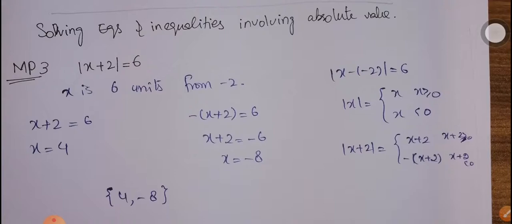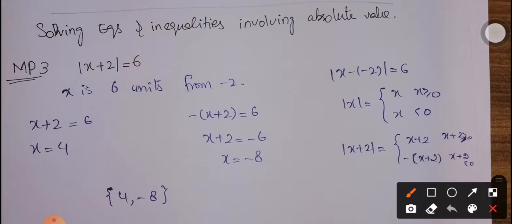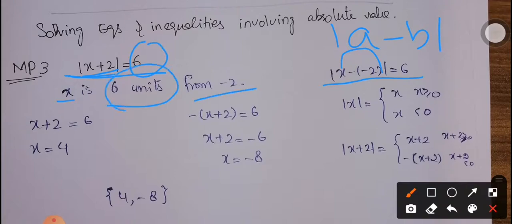Here the first question is to solve the equation absolute value of x plus 2 is equal to 6. If we want to express what the geometric meaning of the expression is, as we have discussed earlier, absolute value always represents the distance between two points. So x plus 2 we can write as x minus minus 2, that is, we are talking about the distance between x and minus 2, as the distance between two points is represented with the absolute value of a minus b. So absolute value of x plus 2 is basically the distance of x and minus 2, and the answer is 6, meaning it is 6 units. So we can write that x is 6 units from minus 2.